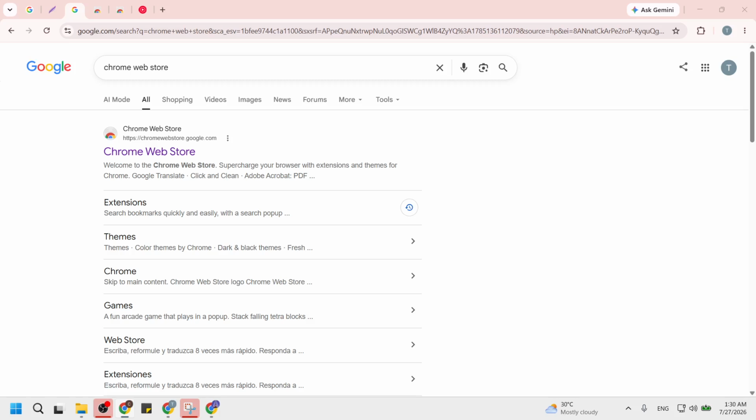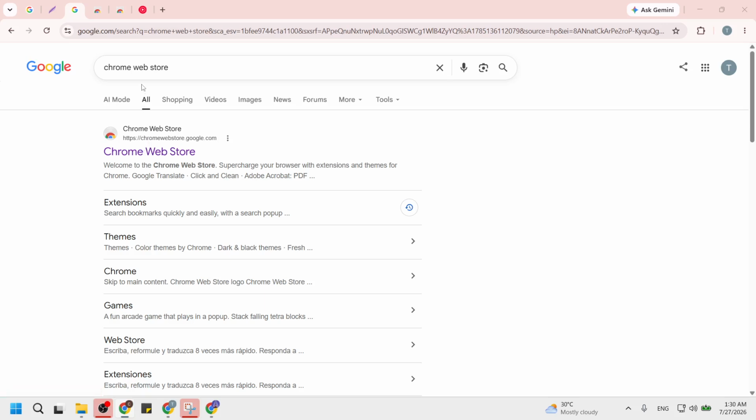First, open your browser and search for Chrome Web Store. In the address bar, type Chrome Web Store, then press Enter. On the results page, you should see a result labeled Chrome Web Store from Google near the top. The page preview usually shows extensions and themes, which tells you are heading to the right place.